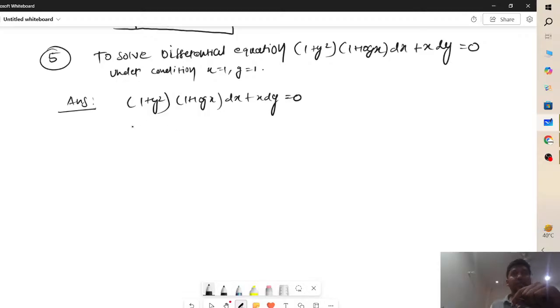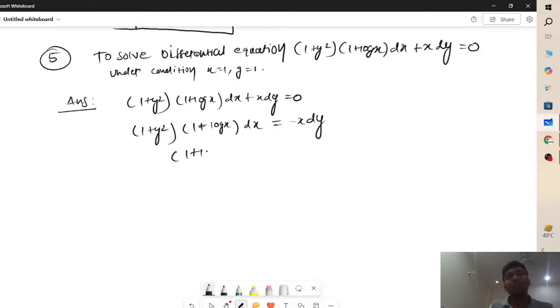Okay, which can be written as 1 plus y square 1 plus log x dx माइनस एक्स डी वाई डन। अब फिर हम वही करेंगे वेरिएबल सेपरेशन जो कि हमने पहले के क्वेश्चंस में किया था। ओके, सो क्या करेंगे, लेफ्ट हैंड साइड में क्या है हमारे 1 प्लस लॉग एक्स डी एक्स, नीचे क्या आ जाएगा x आ जाएगा और इधर माइनस डी वाई 1 प्लस वाई स्क्वायर, और इसको हम इंटीग्रेट करेंगे बोथ द साइड्स। ओके,